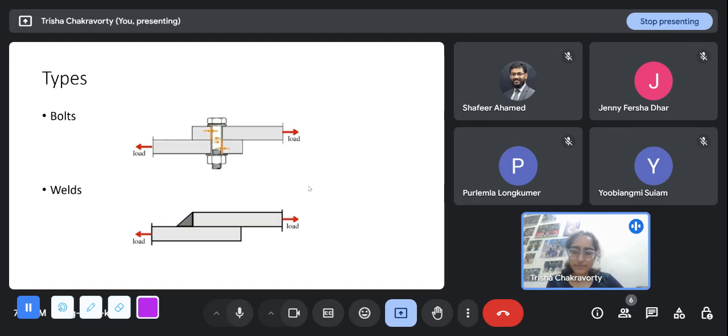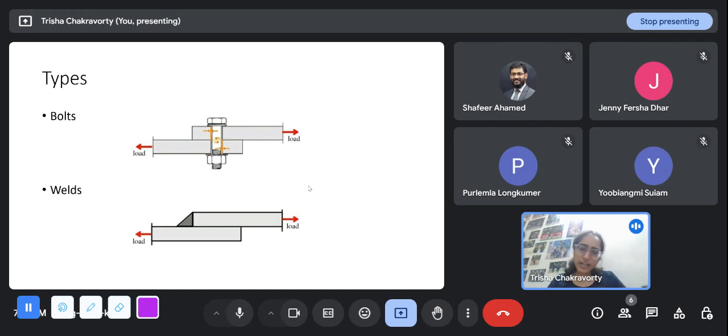There are mainly two types of connections that we are going to look at. There are also a few others; apart from bolts and welds, there are some others like rivets, but that is not recommended much in the IS code. And we do design completely based on IS codes. The concrete design one was IS 456, and the steel one is IS 800. There is a lot of calculation and research going on in the background, but the code takes the results and puts them in a simple, formula-based, stepwise manner, so that anyone, any layman, can do it, even without knowing so much detail.